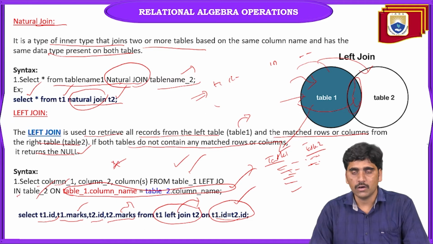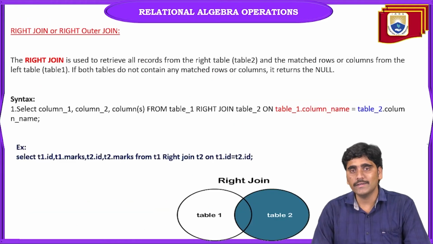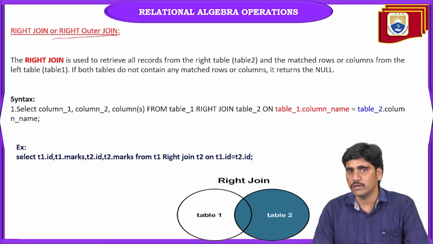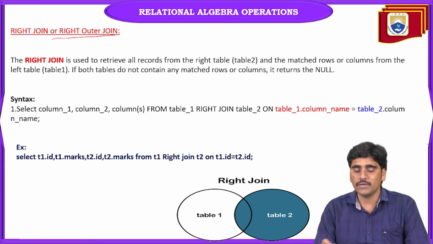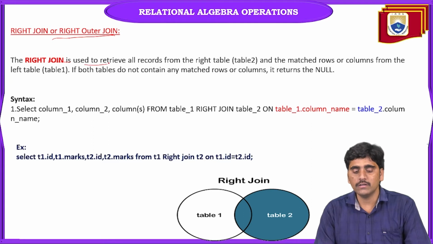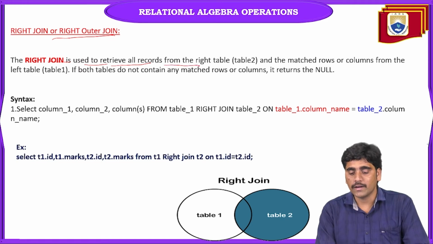Next one, right join. Right join is quite the opposite of left join. Left join displays the values from the left table along with the common values from both tables. In the same way, right join is used to retrieve all records from the right table,